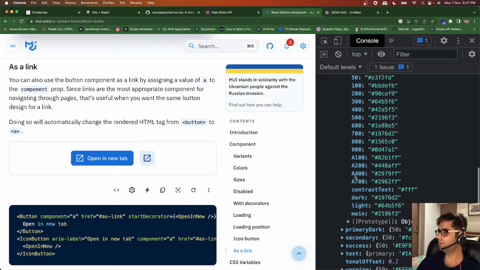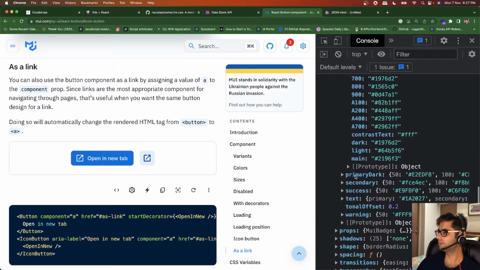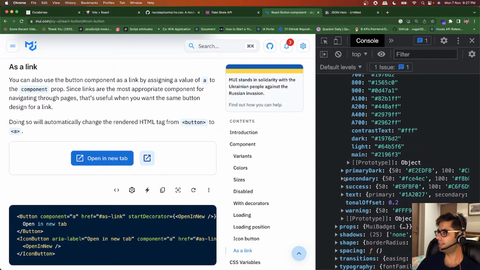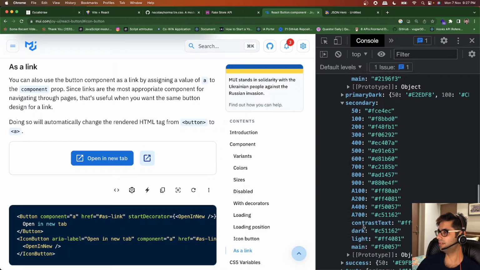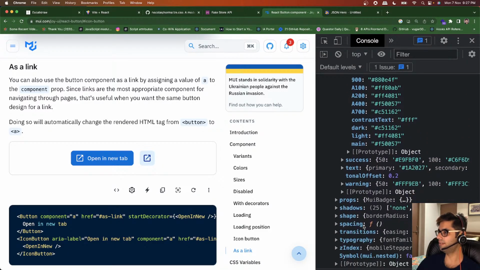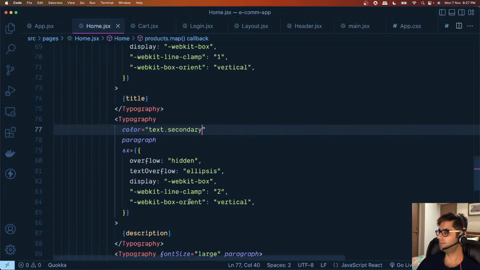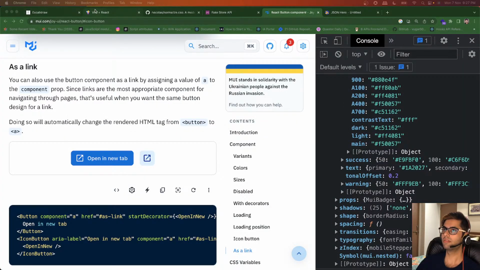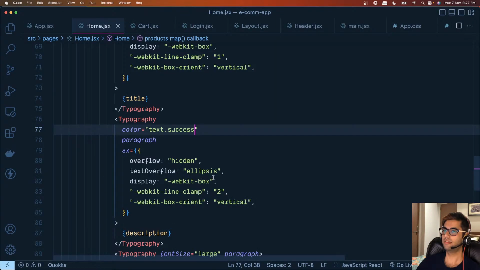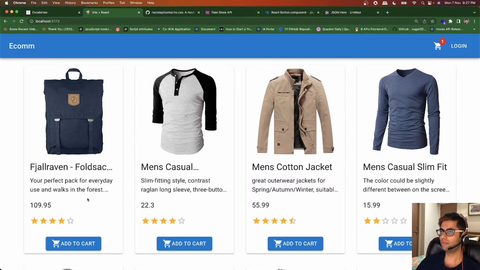So if you do primary, secondary, these are the values. Primary and secondary. Success. Suppose I change this to text dot success. Not just text dot success. If I change it to success,